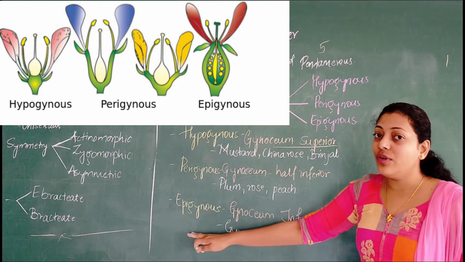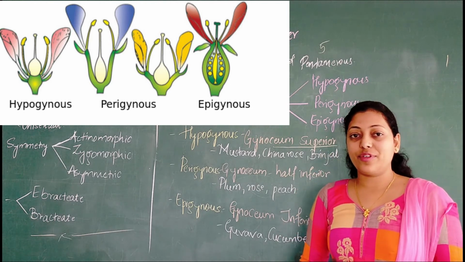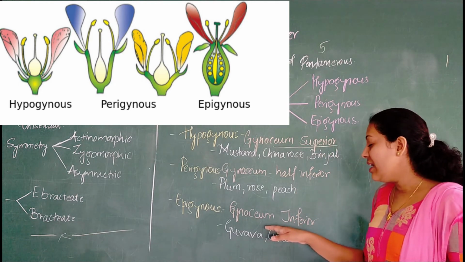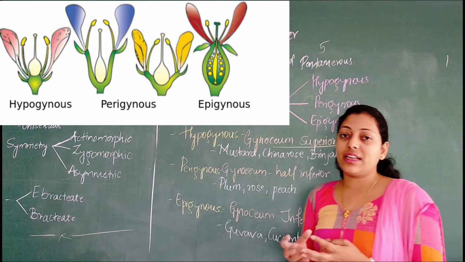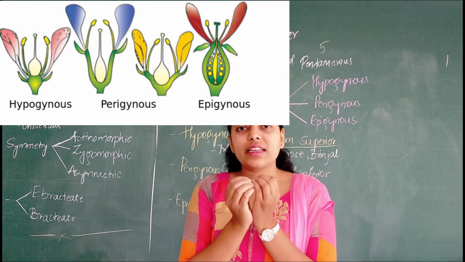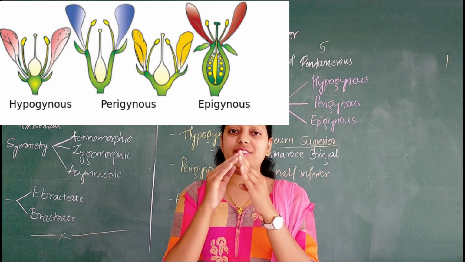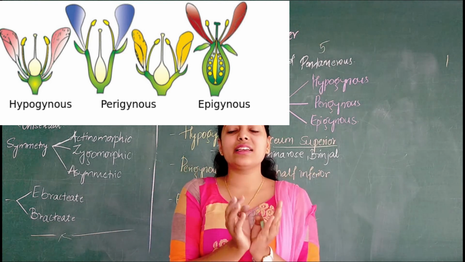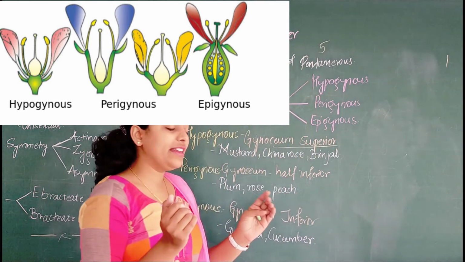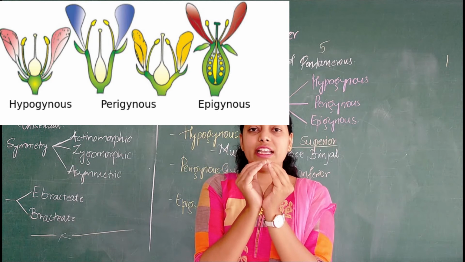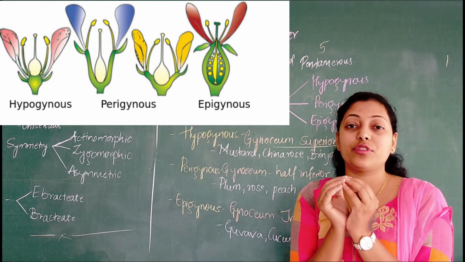And then coming back to epigynous, we can say that gynoecium is inferior in position. In epigynous, gynoecium is totally inferior in position. I'll show you the picture over there. You can see inferior, and the calyx forms a circular enclosure. It encloses the ovary within it. Say for example, if this is a calyx, in the majority of flowers we see calyx in this position. But in case of epigynous flower, the calyx is totally encircling, wherein we see the ovary inside this calyx, that is inferior in position.